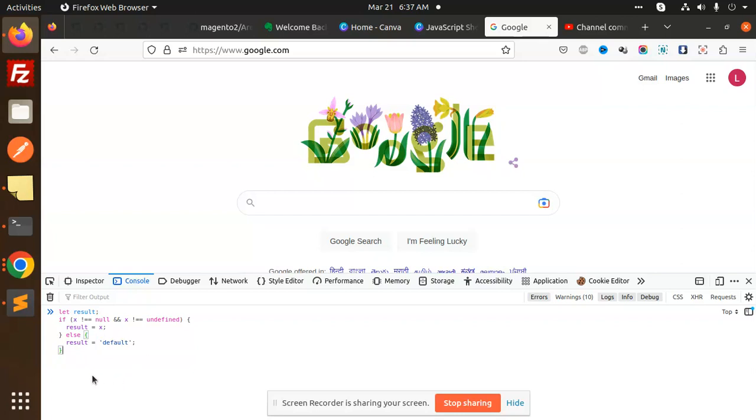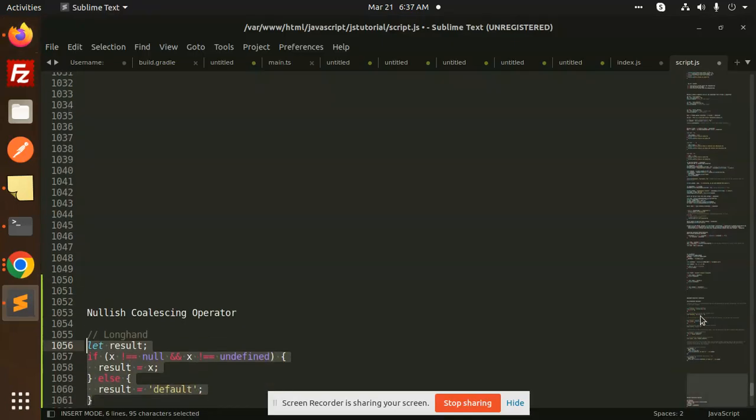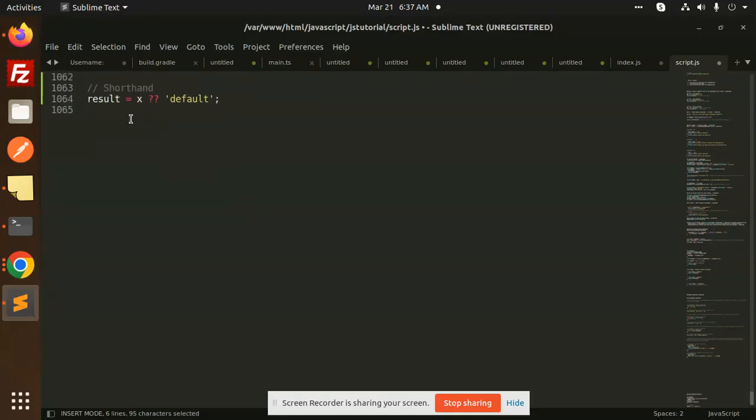So how are we going to shorten this? Very easy. We have the short method here. So let's add this one: result if x checks whether it is null or undefined. If it is, else take the value of the default. If it's there, okay, then take the value of that one, else it will take the value of default. Whenever you want to check whether something is null, undefined or empty, just add this operator. If it is there, it will take the value of x, else default,